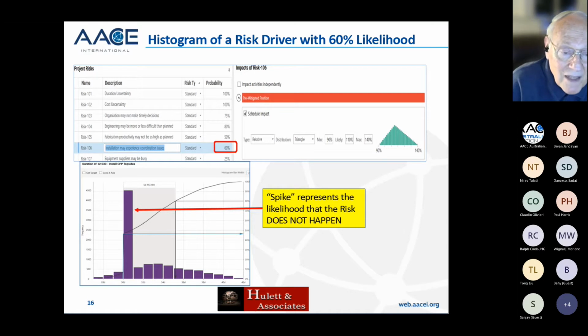And the reason for that is that even if the risk does occur, the multiplier of 100 is quite likely. It's between 90 and 110, for instance. So we'd added another 500 hits to the 4,000 that were because of the risk not happening at all. Okay, and so you've got to become familiar with that. But once you become familiar with that, you understand, yes, this is the way it ought to be if the risk is uncertain to happen.